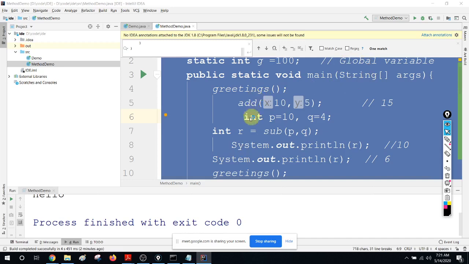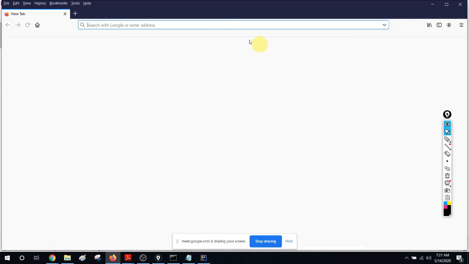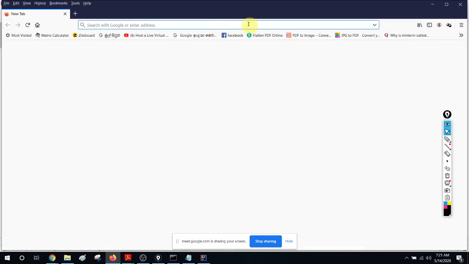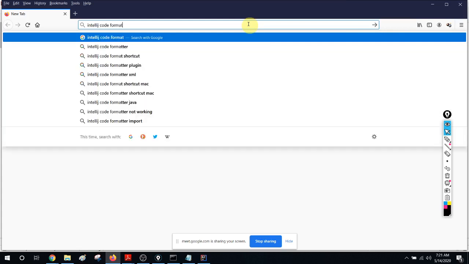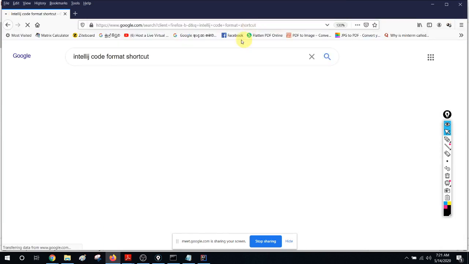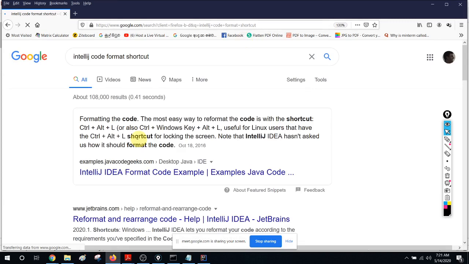In NetBeans it is Control F, but in IntelliJ I think it is something else. I just forget it. So don't worry, Google is there. IntelliJ code format shortcut. It's Control Alt L, right?